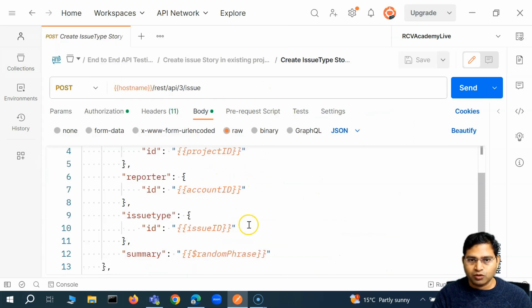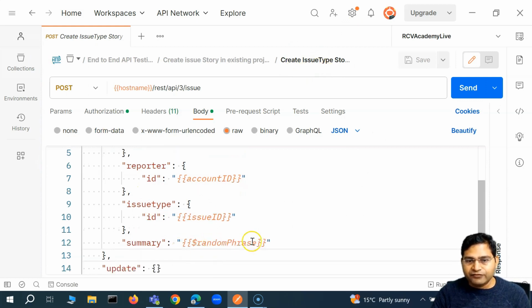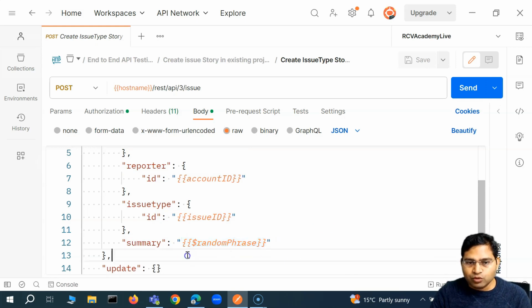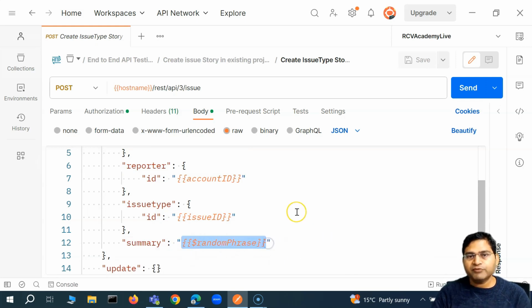or basically what all values we are passing, we can validate that when the actual story gets created after we send this particular create issue type story request post call, then whatever random phrase we are passing is actually matching when we do a get call of that same issue that got created, and the text should match, right? So it's a good idea to store it in some sort of variable before the request gets passed, and then we can use that variable to match the actual title of the issue that got created after this call